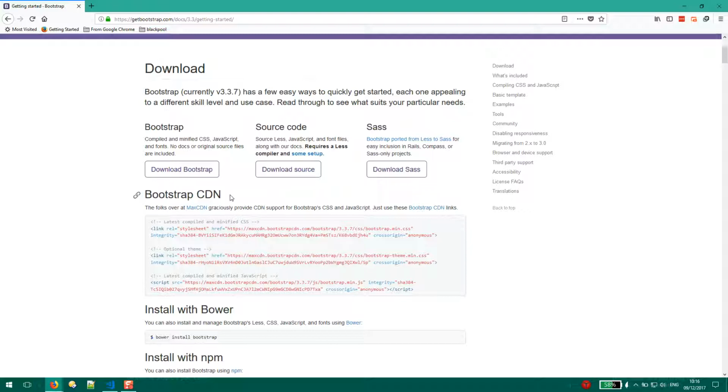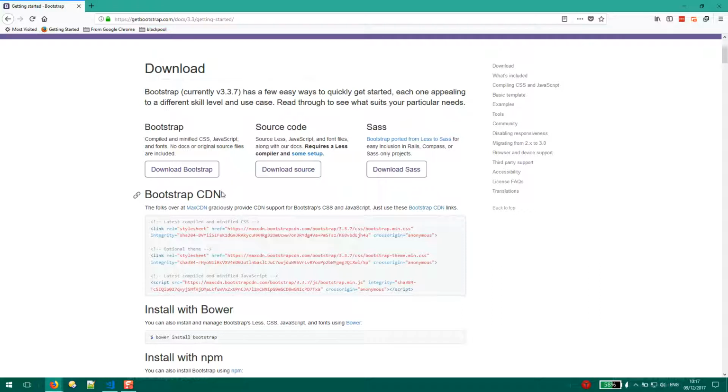So there is a possibility that if their servers go down, then obviously your website is going to look pants, because it can't access the files, so your CSS doesn't know what to look at, and it's just going to look terrible. The other issue is if your server network goes down, or for example you're working locally and your internet goes down, your Bootstrap isn't going to work. So that's why you can download Bootstrap, which gives you all the files and hosts them locally on the server. But if, for example, you want to make sure it's not using a lot of space, etc., then